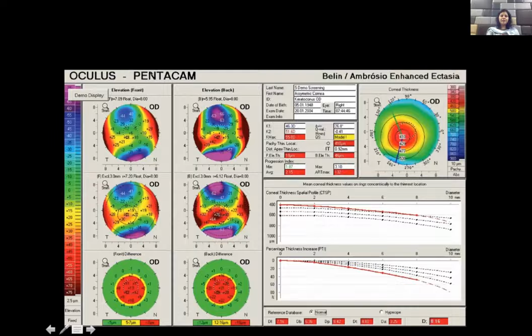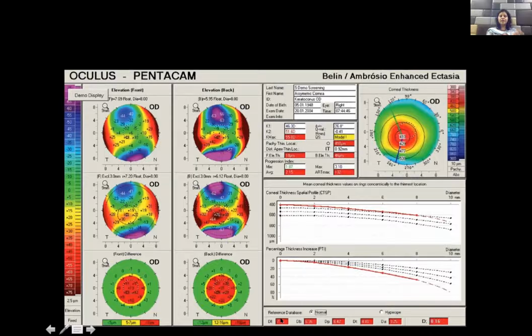Now, when you have something like a Pentacam machine with you, and this Pentacam is pretty much the commonest machine which is available worldwide for pre-LASIK screening, you will also get this map which is known as the Belin-Ambrosio Enhanced Ectasia Display. So here, you can see purple areas and red areas, which denote that the elevations and the protrusions are abnormal. The important thing to look at over here is the last 5 parameters and the total parameter, which is marked as green, yellow, and red.